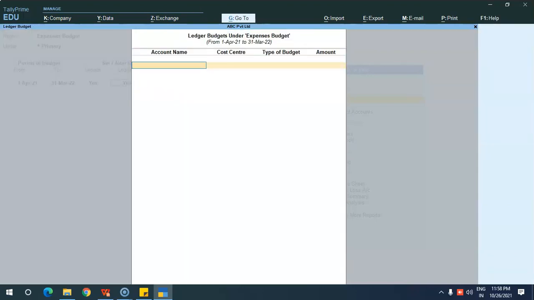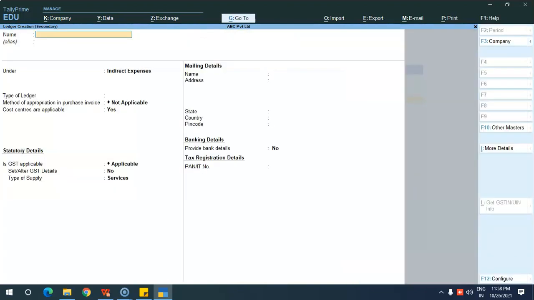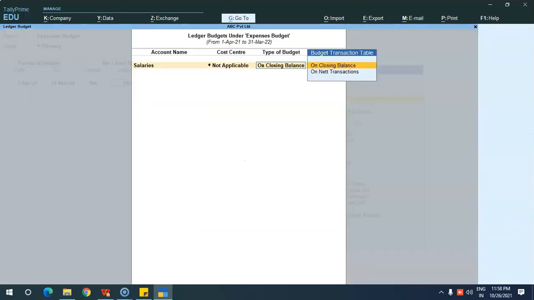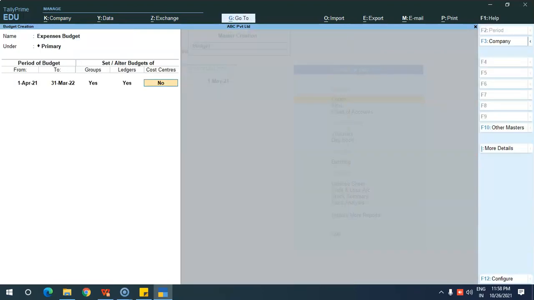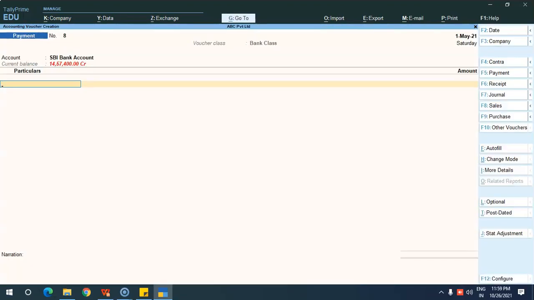Next is ledger. In indirect expenses, I am creating salary. Salaries should be 2 lakh, and you can also allocate for cost center if required. So here I have created budgets for groups and ledgers. See here, I have allocated the salaries for 2 lakh.